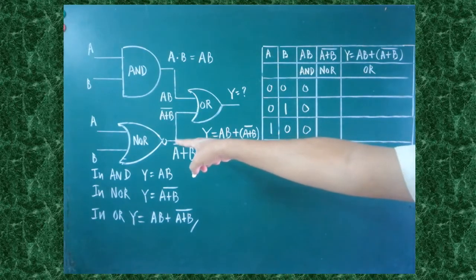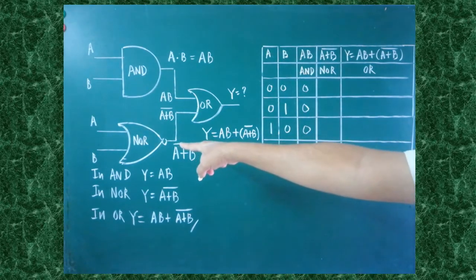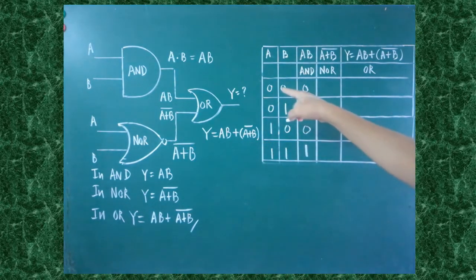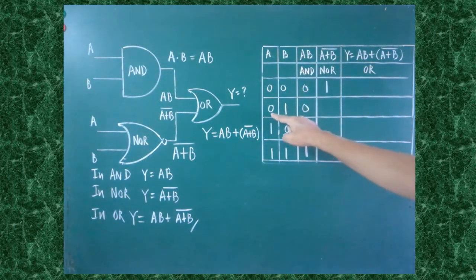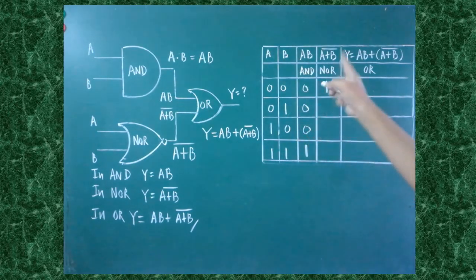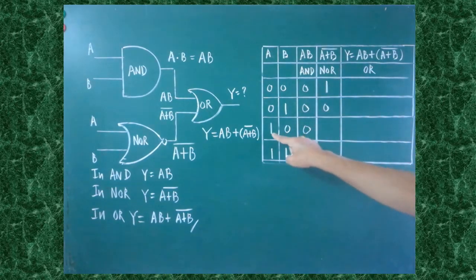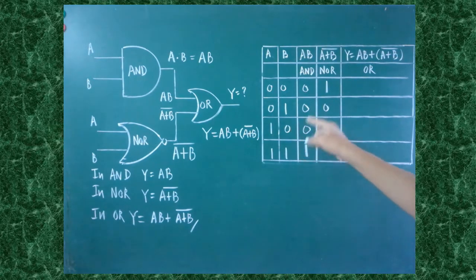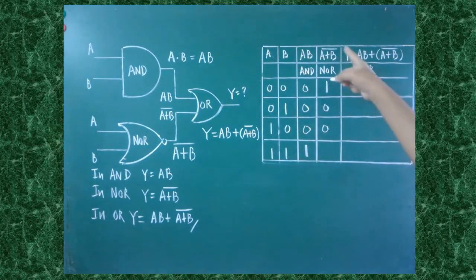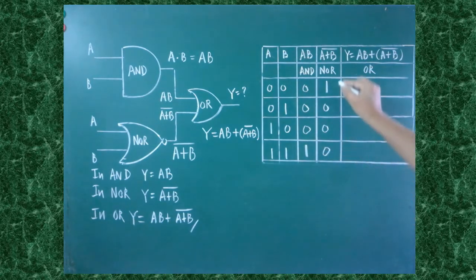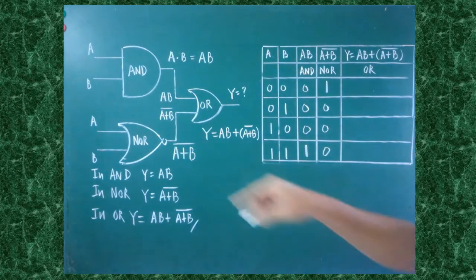Come down here to the next one, the NOR gate. What are the outputs? Here the set of inputs are given. 0 or 0, you will be getting 0. Later that should be complemented. So what will we get? 1. 0 1, that gives 1, 1 bar is 0. 1 0, that gives 1, 1 bar is 0. 1 1, you will get 1, 1 bar is 0. So these are all the outputs of the NOR gate.